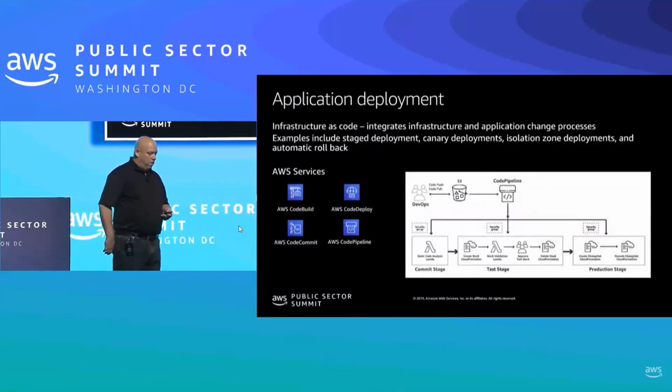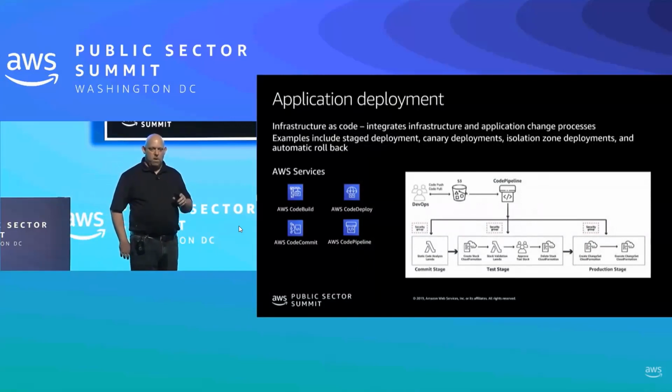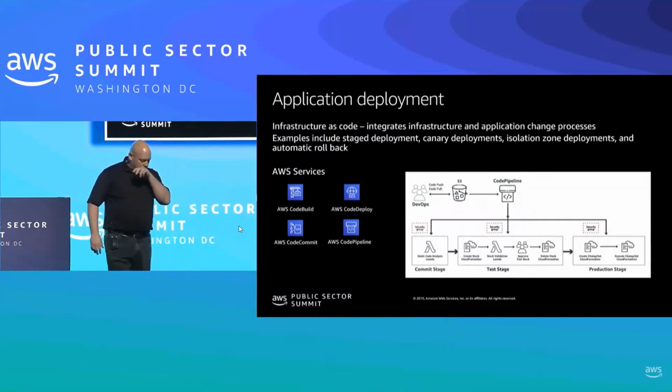And then application deployment. I think we mentioned earlier, application deployment is one of the most common causes of failure. And it's not just the deployment, but the setup of all the environment that goes with it, because if you forgot to propagate a change from a lower environment up, type thing. So in this case,